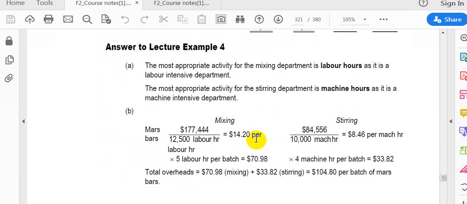To give us in the mixing the OAR of 14.20 per labor hour, and in the steering 8.46 per machine hour. But the question is asking us